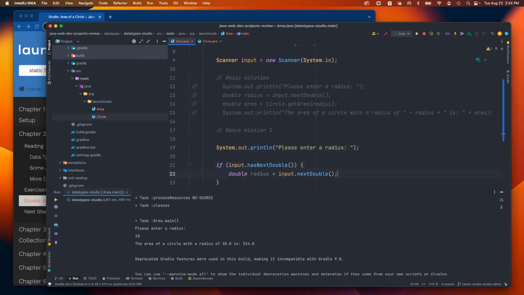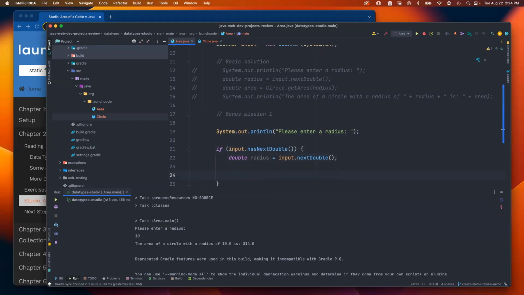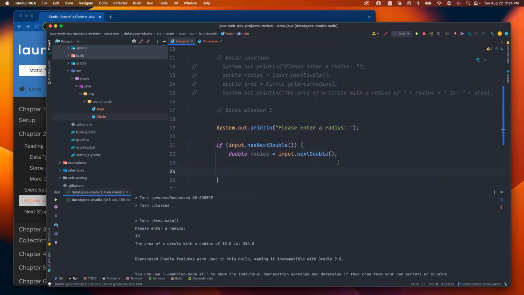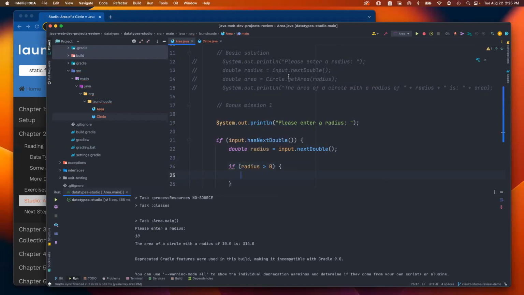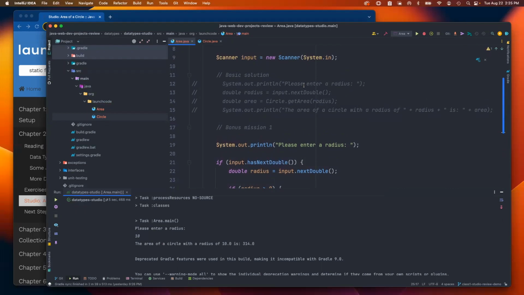And then this is where we can continue to go, but we also want to validate about the negative number. So we're going to write a second if block here and say, if radius is greater than 0, then we will proceed the way we did here, where we do our calculations